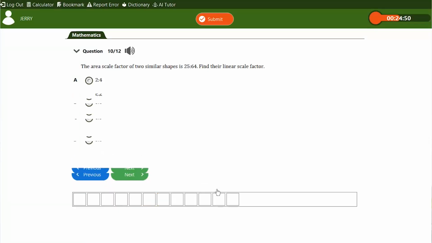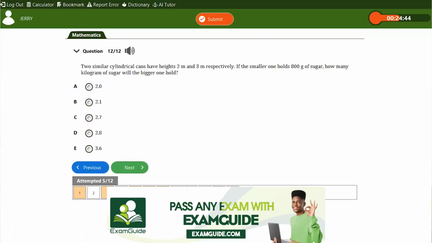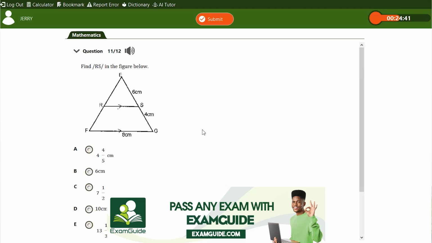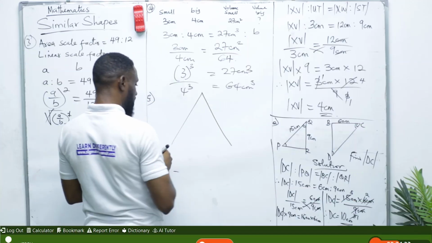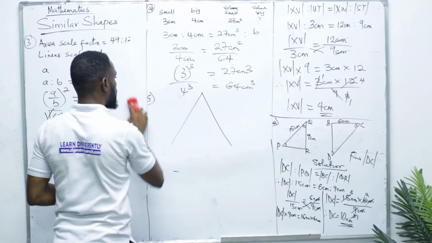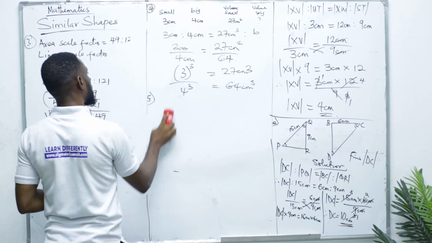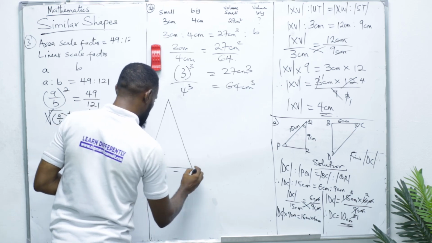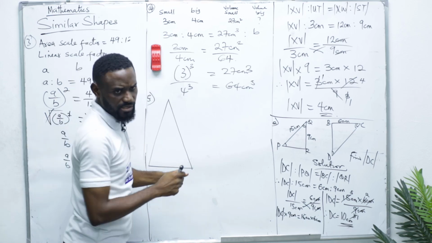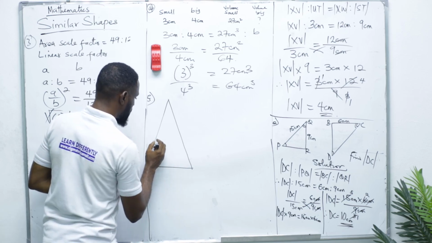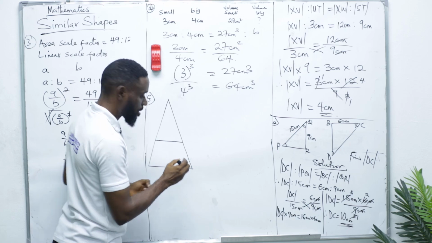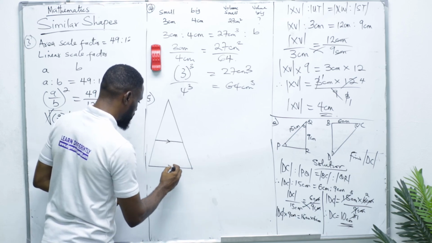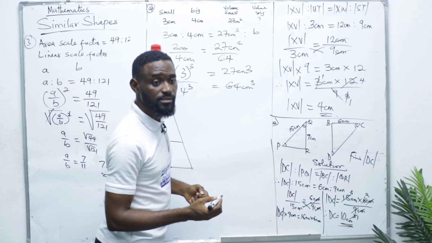Okay, let's look at this now. Find RS in the figure below. So we should find, okay, let's look at the triangle. Let's have the triangle this way. So this triangle has another line here, and this line is parallel to this line, right? So this is